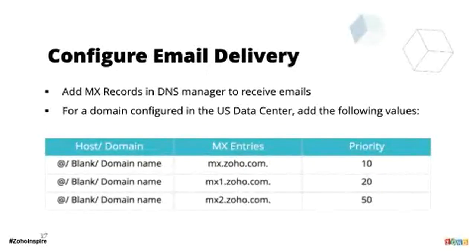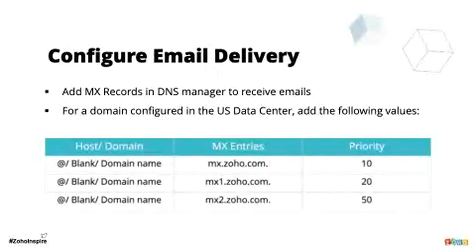When you are adding the Zoho Mail specific MX records, you also have to make sure that your previous email provider's records are removed from the DNS manager. If not, it might lead to a messy situation where the emails might still get routed to your previous email server. We do not want that to happen. We want your emails to perfectly get delivered to your Zoho mailbox. So make sure you've deleted any other values that you have inside the DNS manager.